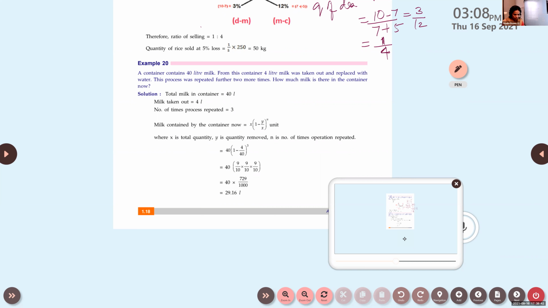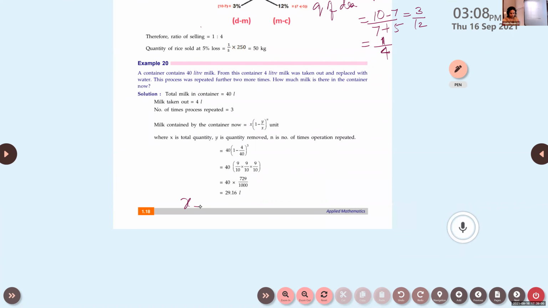Okay, so for this also we have learned one formula. What is the formula we have learned? Repeated dilution. When we go on adding water again and again, repeated dilution. Okay, all of you take your textbook, page number 13. Open your textbook, page number 13. Repeated dilution. Look at the formula. What you have learned there?